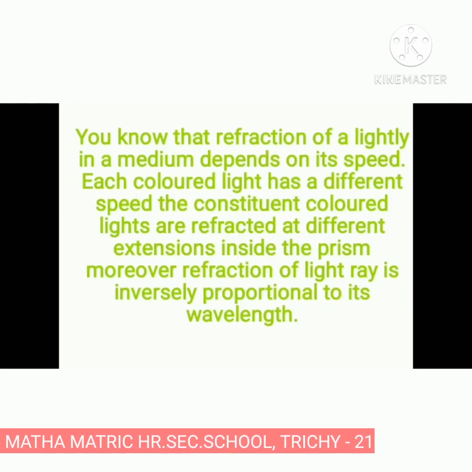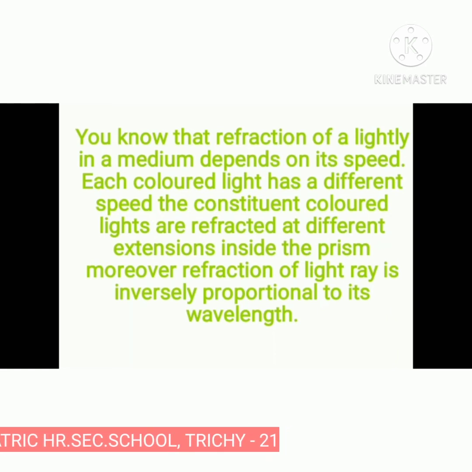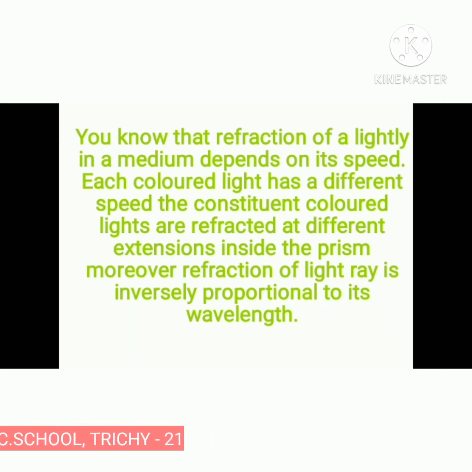You know that refraction of a light ray in a medium depends on its speed, and as each colored light has a different speed, the constituent colored lights are refracted to different extents inside the prism. Moreover, refraction of a light ray is inversely proportional to its wavelength.